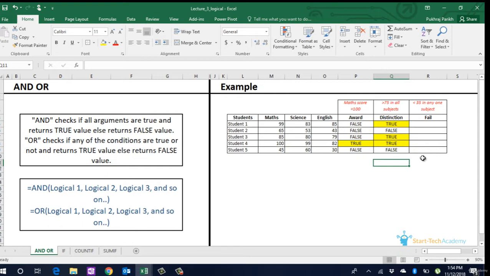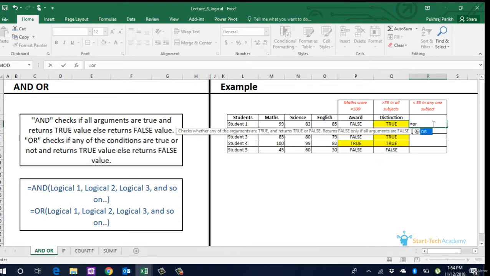If we want to check truthfulness of any one or more of the arguments, we use OR. For example, if we want to identify students who have failed in any one or more of the subjects, we use is equal to OR and enter the three arguments.